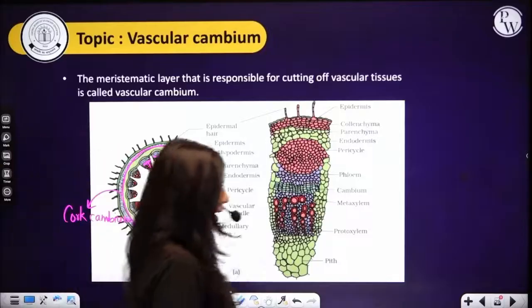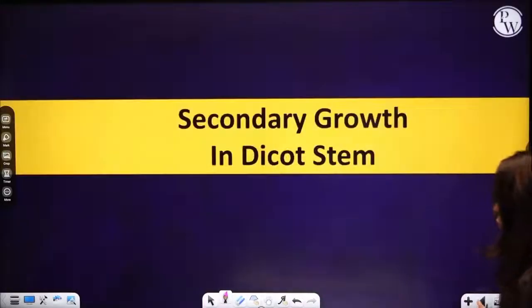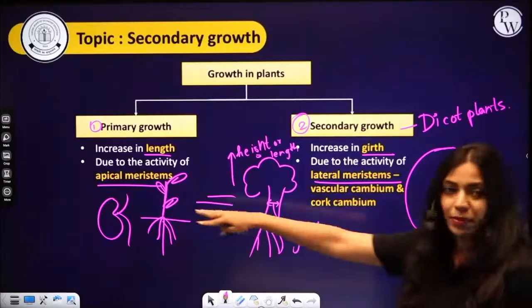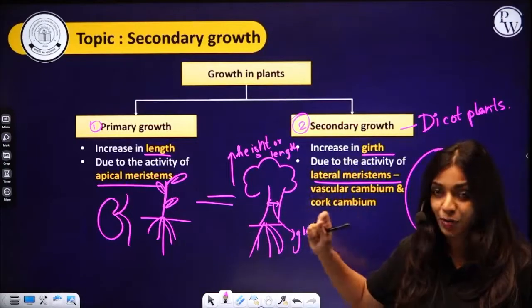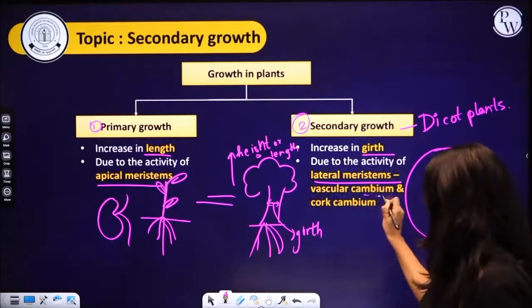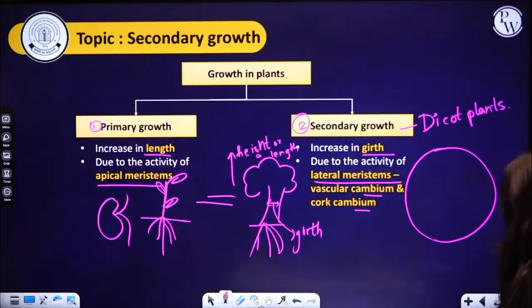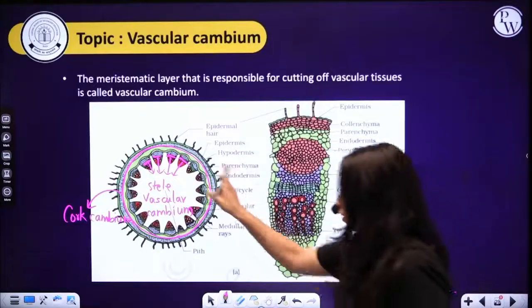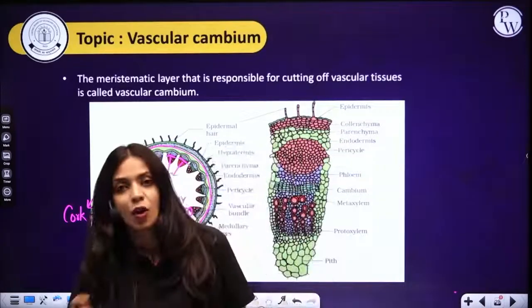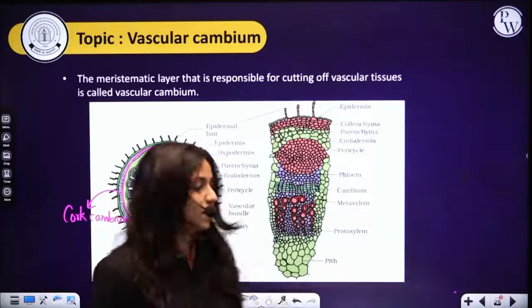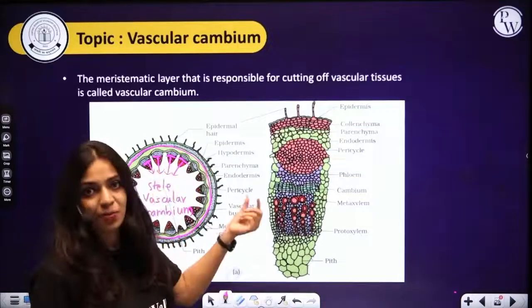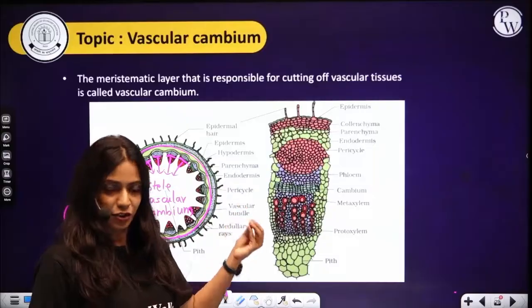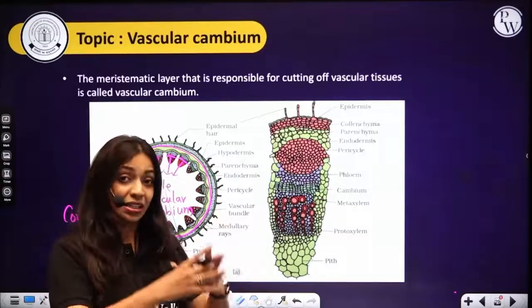So over here I said that primary growth happens because of apical meristem, secondary growth happens because of lateral meristem. In lateral meristem you have vascular cambium and cork cambium. Vascular cambium is present within the stele inside. Cork cambium is present in the cortex region. The cells in both these meristematic tissues will divide and help in increasing the girth